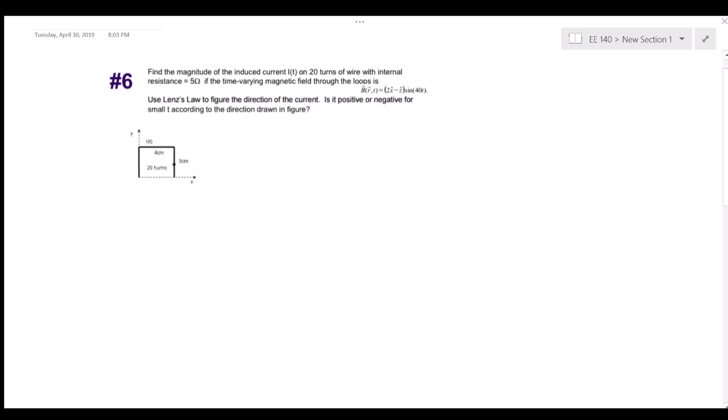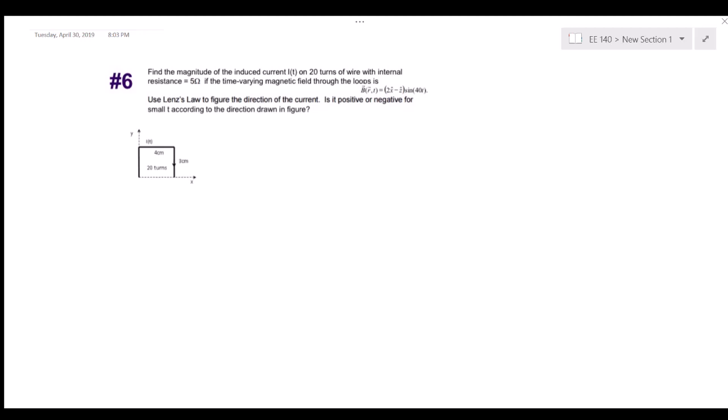The problem states, find the magnitude of the induced current on 20 turns of wire with internal resistance 5 ohms if the time-varying magnetic field through the loop is B field equals 2x hat minus z hat sine 40t. Use Lenz's law to figure the directions of current. Is it positive or negative for small t according to the direction drawn in the figure? Okay, so